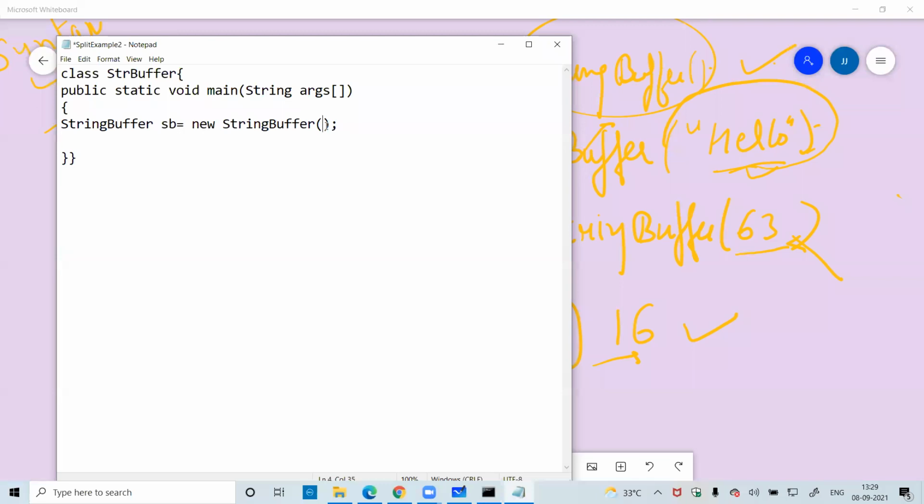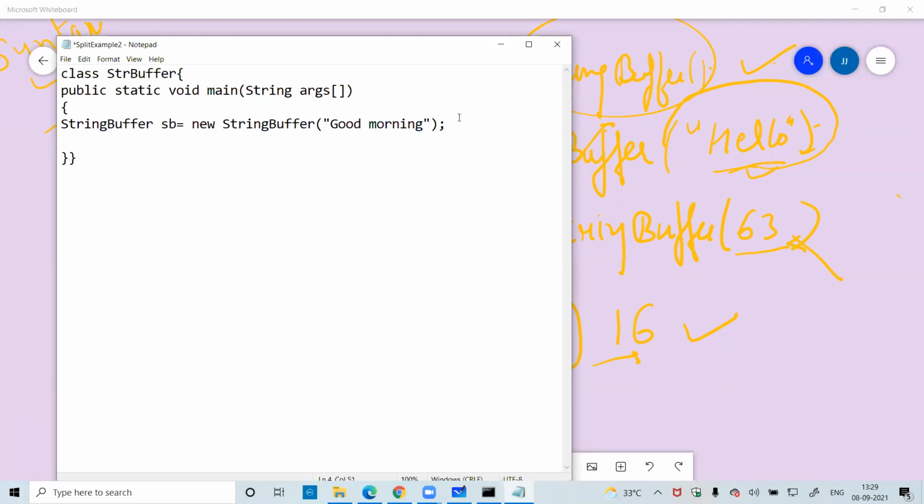Now, suppose I give a value like "good morning". If I write "good morning" here, that represents that I am using the second constructor of StringBuffer, which contains strings. This is the second thing.